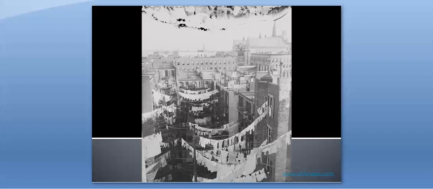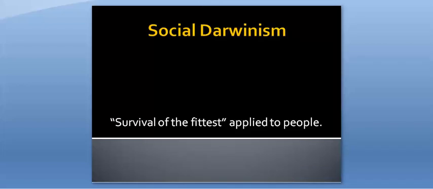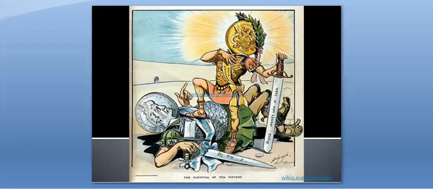There even becomes a new school of thought created during the time period called social Darwinism. Social Darwinism took the idea of Darwin and survival of the fittest and applied it to people in society. Generally accepted by the wealthy, the idea was that the poor people were poor because they were not as fit or as good as wealthy people. Wealthy people were inherently better than the poor, which is why they were wealthy. That's what the idea said. This is something people believed during the Gilded Age and Progressive Era. So you can tell there are some serious problems that need to be faced during the Gilded Age.